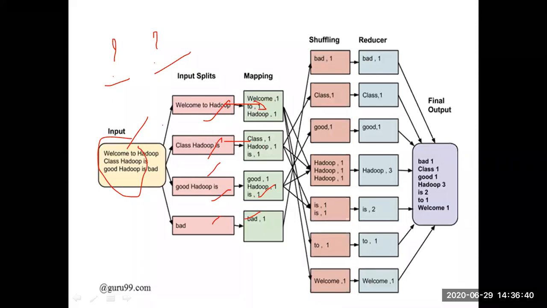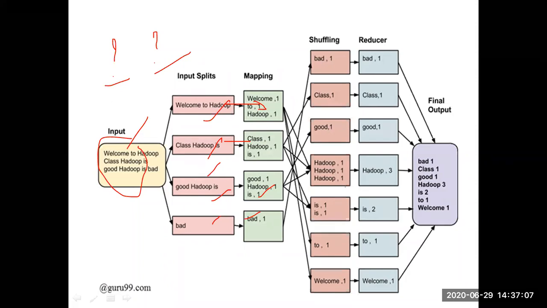The number of maps will depend on the input splits. The answer is that how many maps there will be in our MapReduce program depends on the number of input splits. Each file is divided into parts. How many maps are required for processing those 10 subfiles? 10 maps are required. Clear.